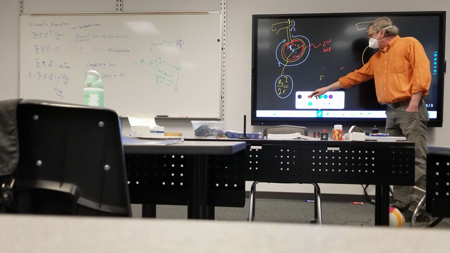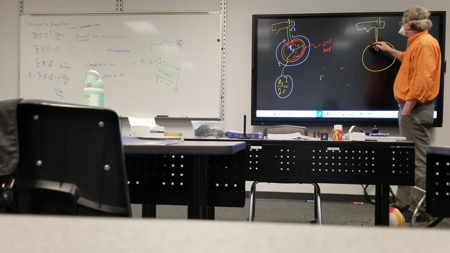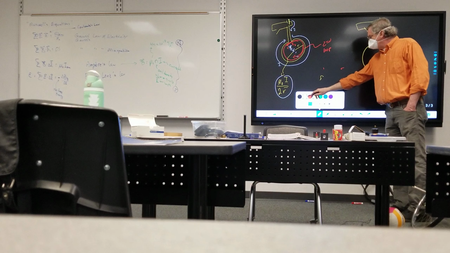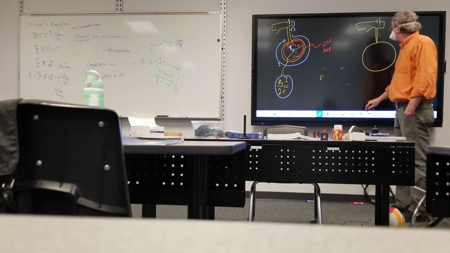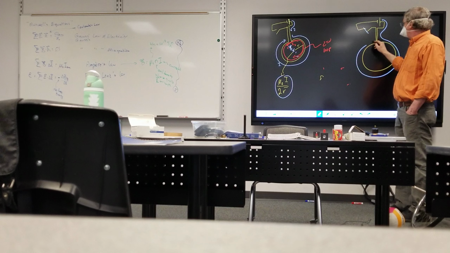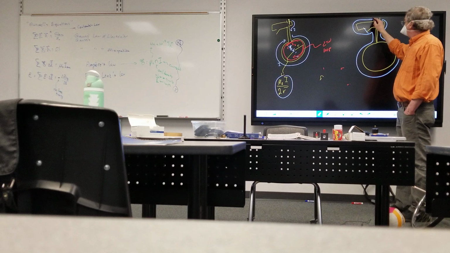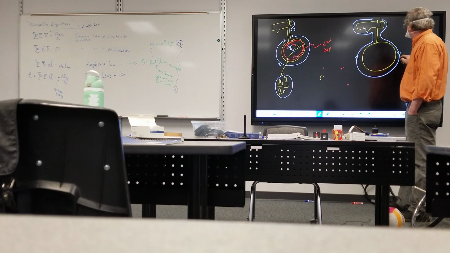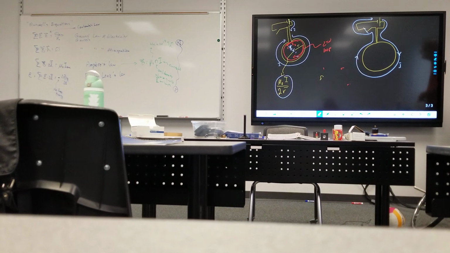So if I close that loop, my current's going to be flowing like this, because I am increasing the magnetic field in the middle into the board. So my magnetic field goes from